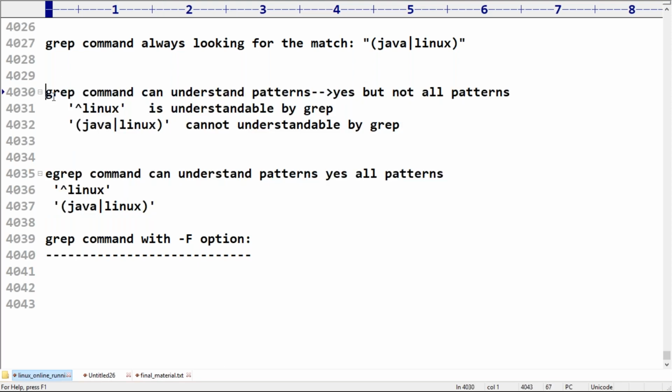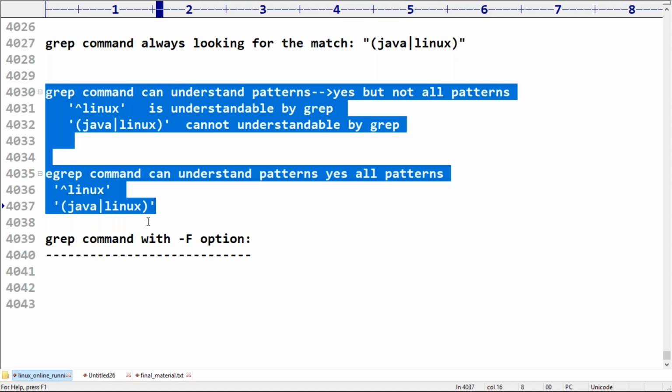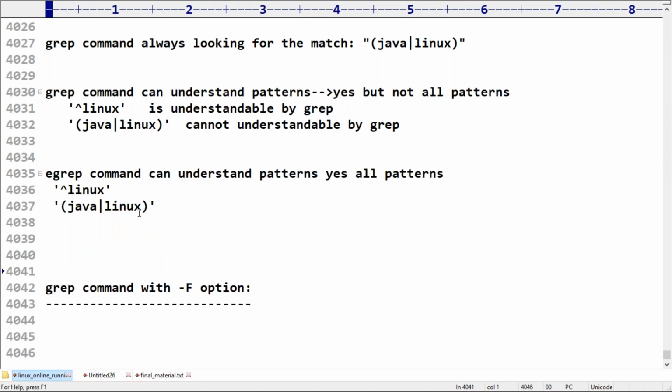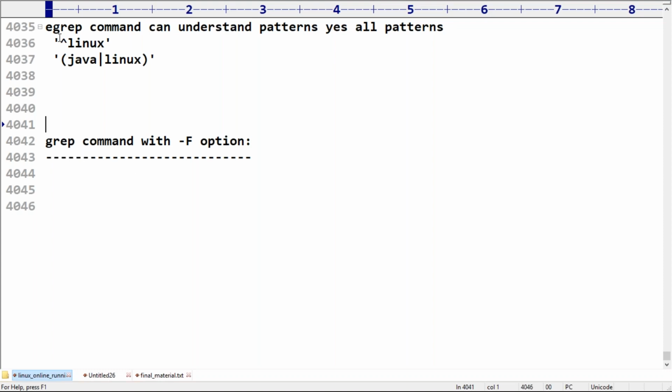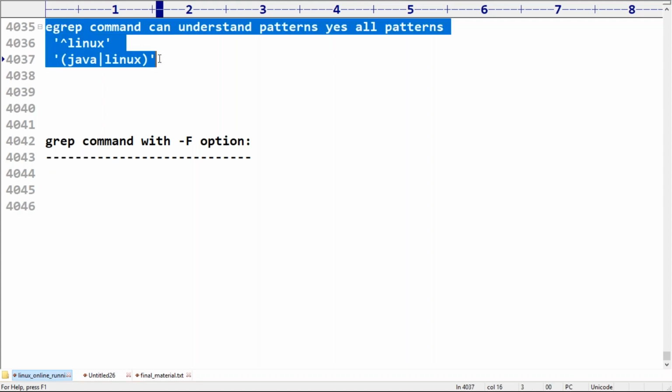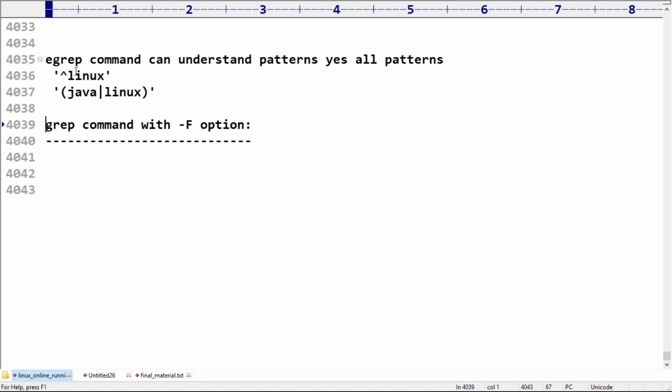Among these two, which one is more powerful? egrep is more powerful, because it can understand any patterns. In detail we will discuss; just get the basic idea.